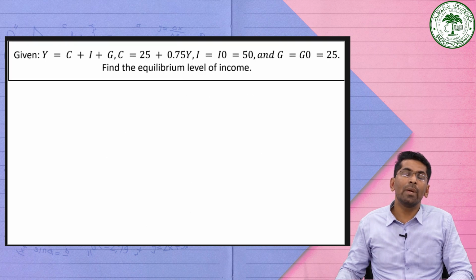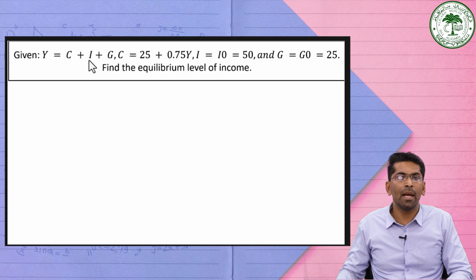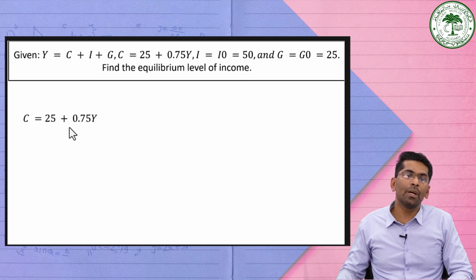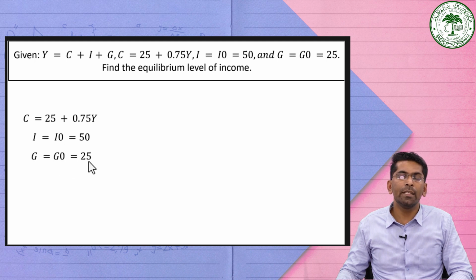Now let us consider some example. Y is given, which is C plus I plus G, then the consumption function is equal to 25 plus 0.75 y, investment I0 is given, which is 50, G is equal to G0, which is 25, and we want to find out the level of income. So the consumption function is given, investment is 50, government expenditure is 25, and we want to find out the level of